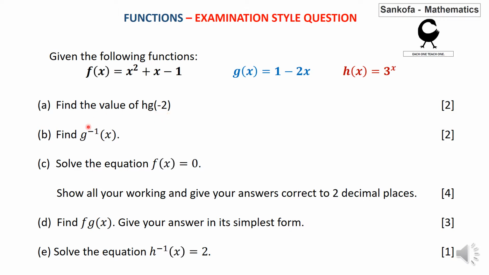Then you must find the inverse of g of x. Then you solve the equation f of x is equal to 0. That means you take x squared plus x minus 1 equals 0. And then you must show all your working and give your final answers correct to two decimal places. Since this is a quadratic equation, you probably have to use the quadratic formula, but a